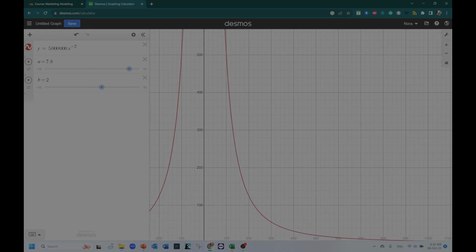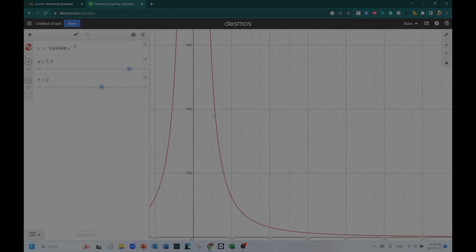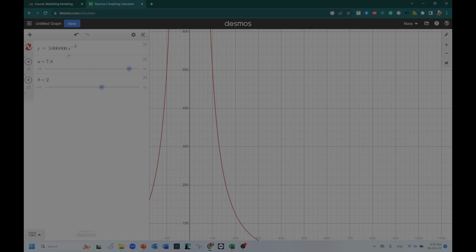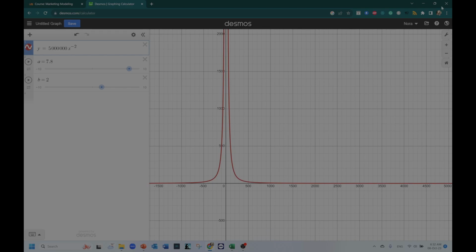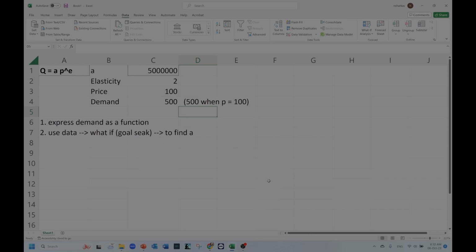And you want to plot this demand curve. Of course, you can plot it using Desmos. It's easy, isn't it? You just put y for q and equal 5 million x to the power of -2. I agree with you, it's way easier. But I want to show you that here you have a point, and this point is 100 almost to 500. But you need to get other points. For example, you want to know how this curve looks, and try to plot it with Excel. The way we do this is: